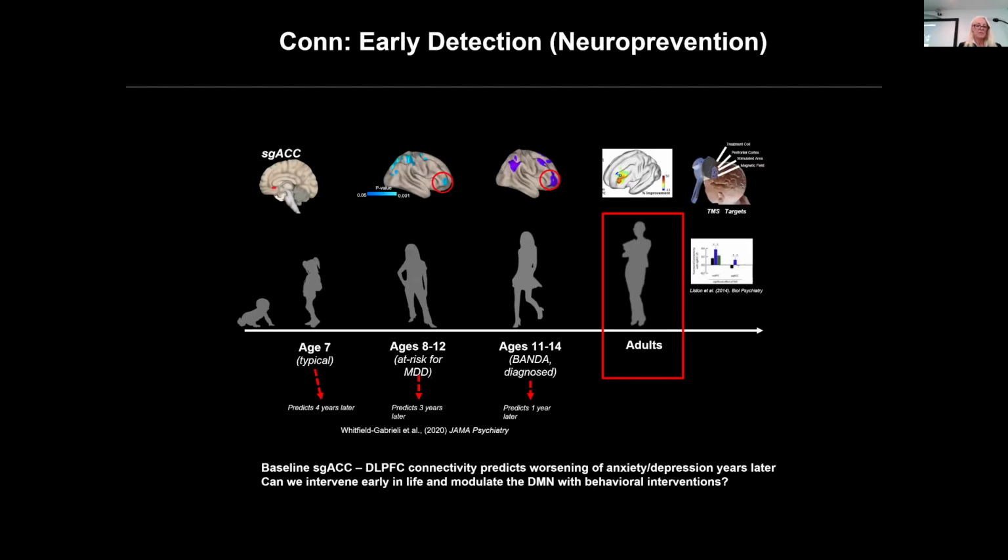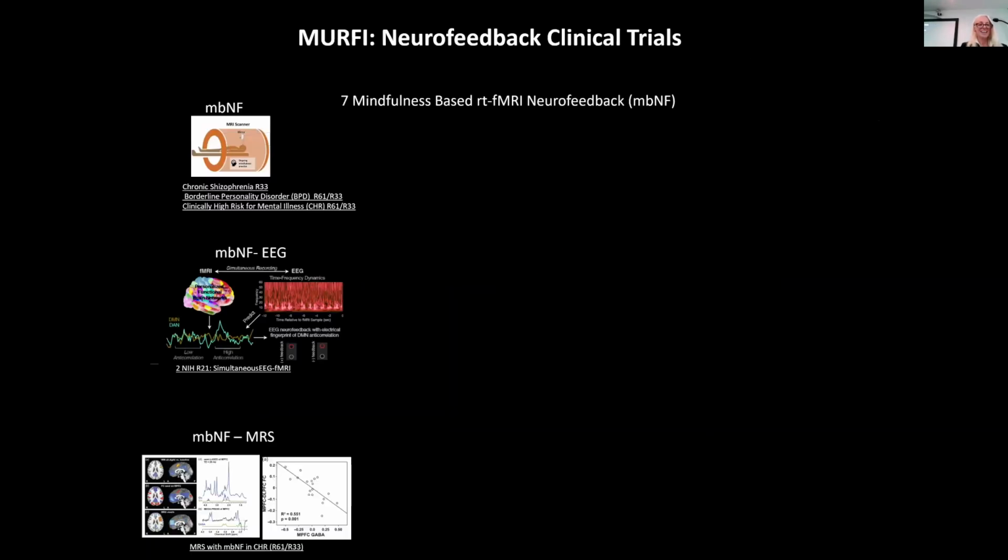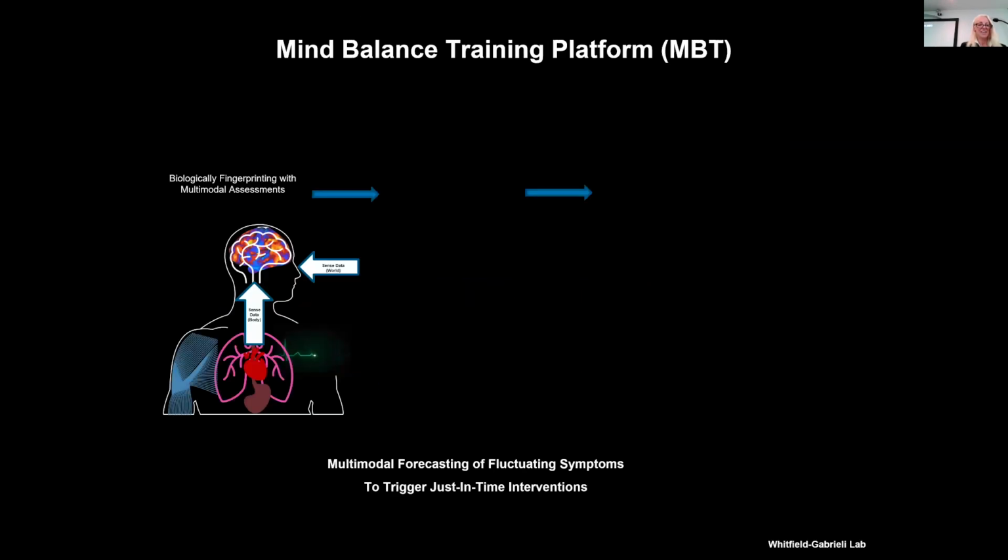But that same biomarker can be seen in teens. That predicts anxiety and depression, and in 8 to 12-year-olds predicts 3 years later, maybe conversion to depression. And we can even see that same biomarker in young kids that predicts worsening of anxiety and depression 4 years later. So I am going to skip through the others and just say that I want to thank all of